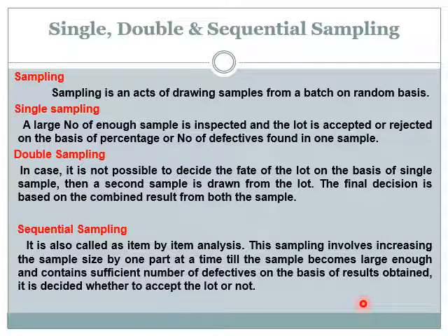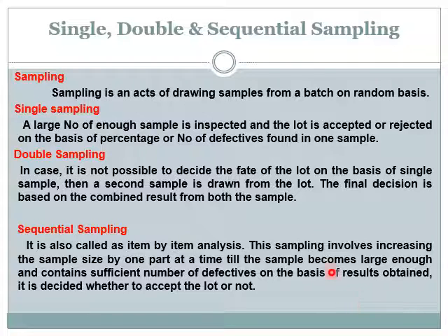Students, we should be very clear that in an industry or in any setup which is following a manufacturing process or a production process, the quality is to be controlled in a very scientific way. It is not possible to carry out the inspection of all the items, so to avoid that, a scientifically devised way of sampling is done. Sampling is of three types: single sampling, double sampling, sequential sampling.